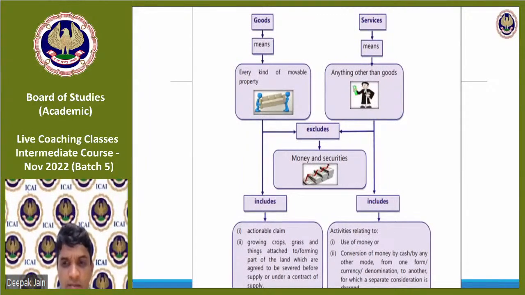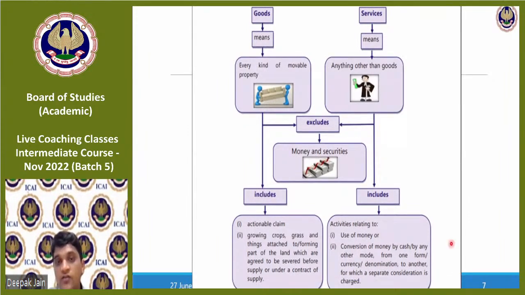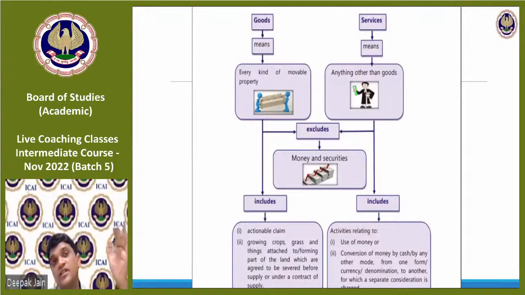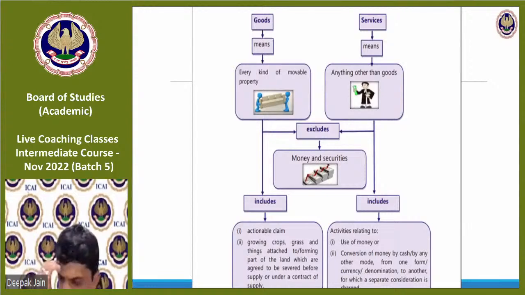Actionable claim basically means, but this definition is there under GST law. The definition you had under the foundation will be under the contract law. The definition under the contract law will be different, and the definition under GST law will be different. Actionable claim basically means any unsecured debt. One of the examples of actionable claim is unsecured debt, but apart from that, lottery tickets and other things are also actionable claims. Sir, can debtors be called actionable claim? The right to debt is an actionable claim. Debtors are not called actionable claims. The right to get that money is called actionable claim.